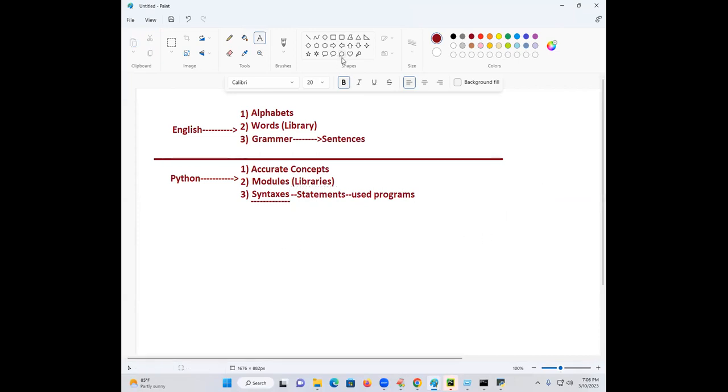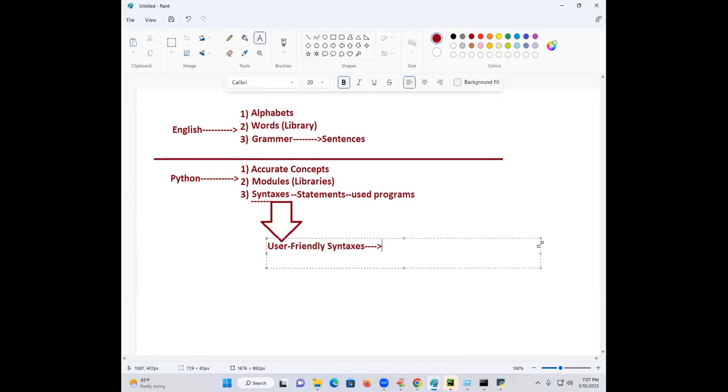Such syntaxes in Python, the syntaxes which are present in Python are called what? User-friendly syntaxes are provided. User-friendly syntaxes makes the programmer to remember easily or difficult? Easy.